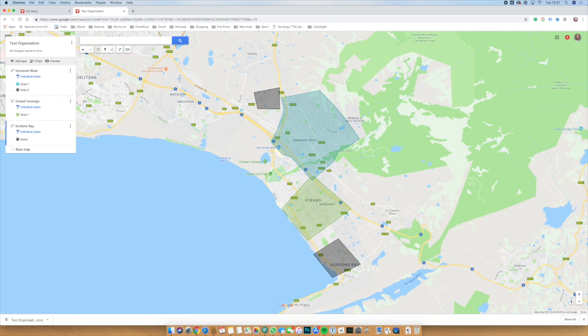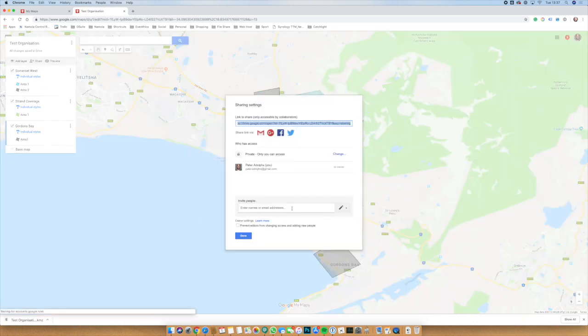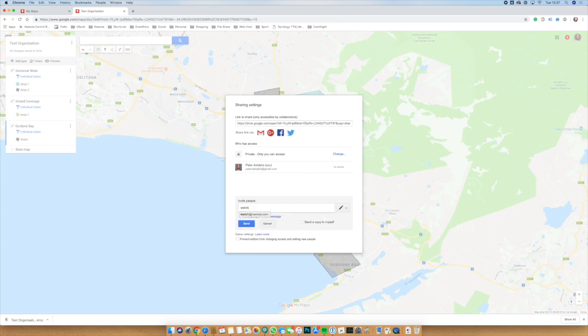The other way to share with us, which we actually prefer, is to click this button up here that says share, and this enables us to actually help you with these maps and edit them if necessary. So we need edit permission over here, and you're going to send us an email, watch@namola.com. We will then be able to have access to only this particular map that you give us permission to see, and also, we need edit permission so that we can download, etc. Then you just send that off, and we have that, and then we can assist you. It's a much speedier process. So that would be fantastic if you could send it to us either this way, or downloads is also fine,